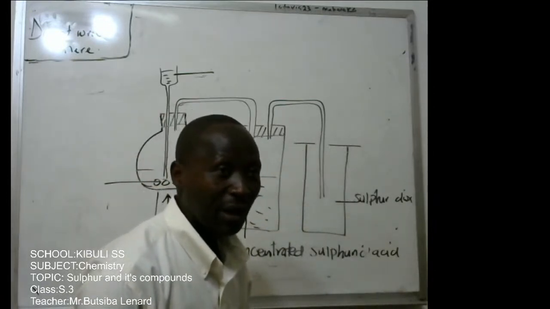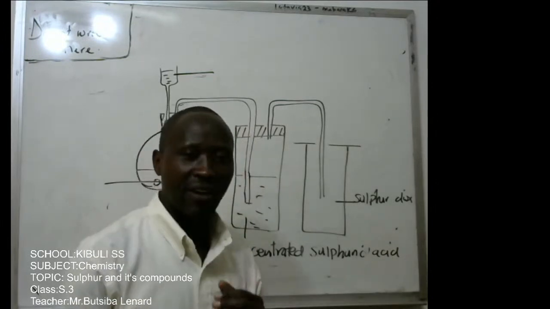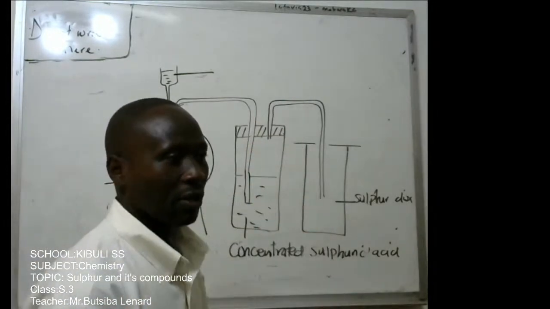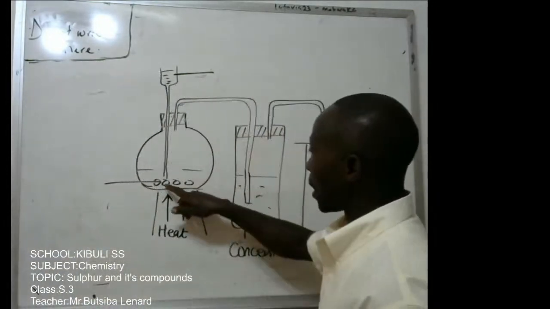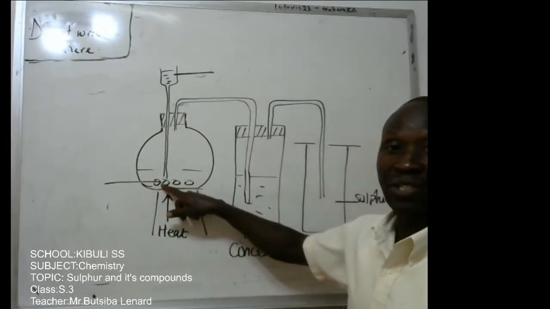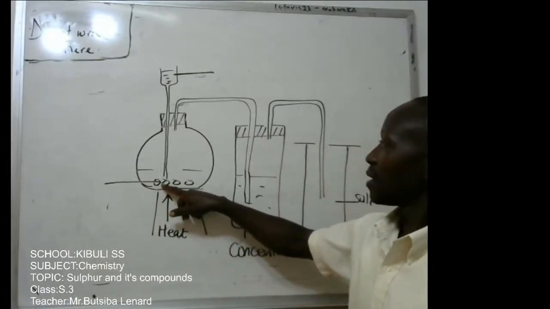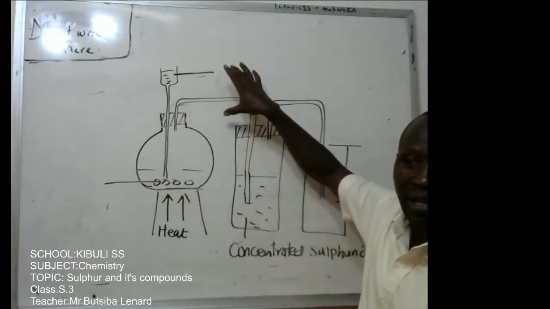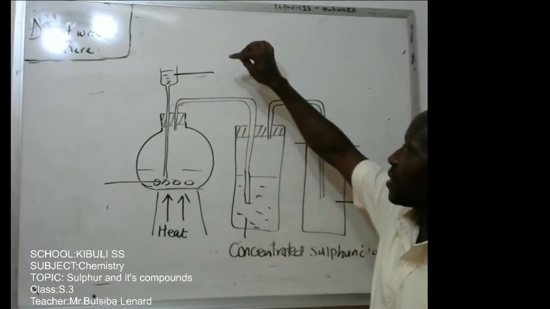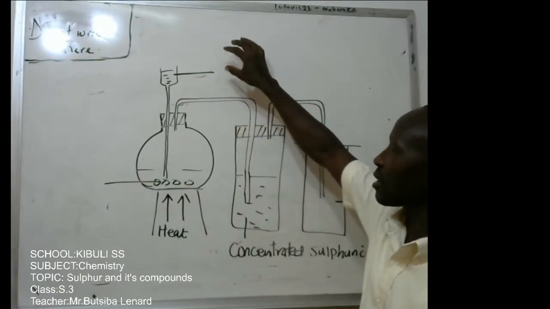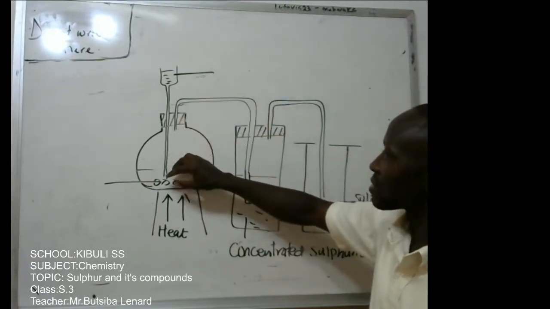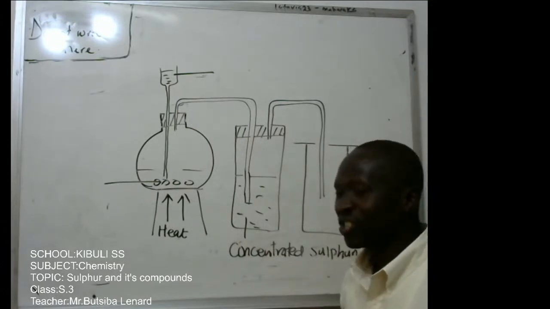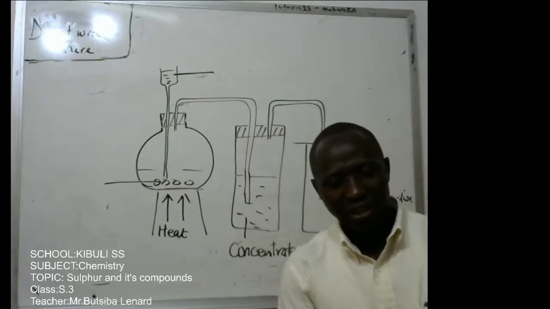Now, diagram not required. What did we agree? If we say the diagram is not required, we agree that you construct a diagram in sentences. Sample answer: sodium sulfite is put in the flask because it is a solid. The flask is fitted with a stopper having a thistle funnel and a delivery tube. Dilute hydrochloric or dilute sulfuric acid is poured down into the flask through the thistle funnel because it is a liquid. The mixture is heated to start the reaction and drive